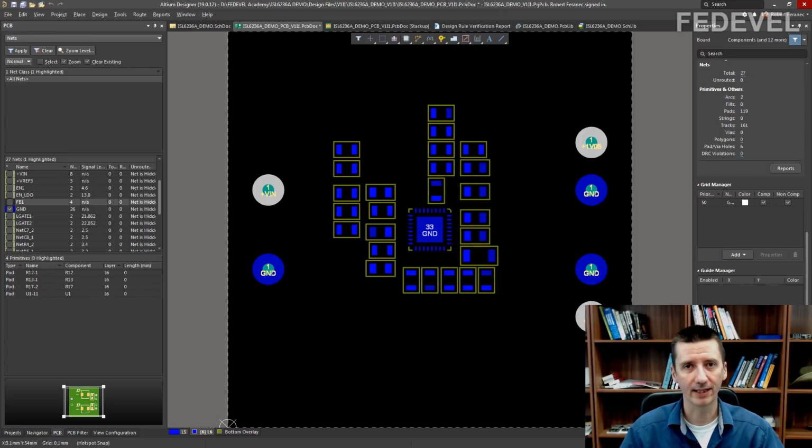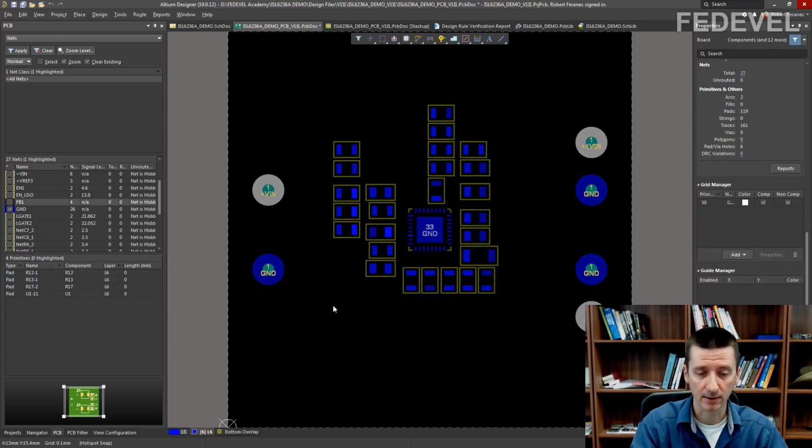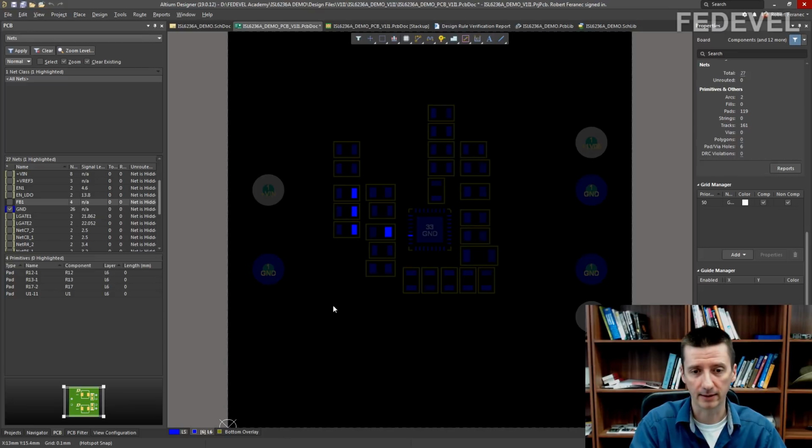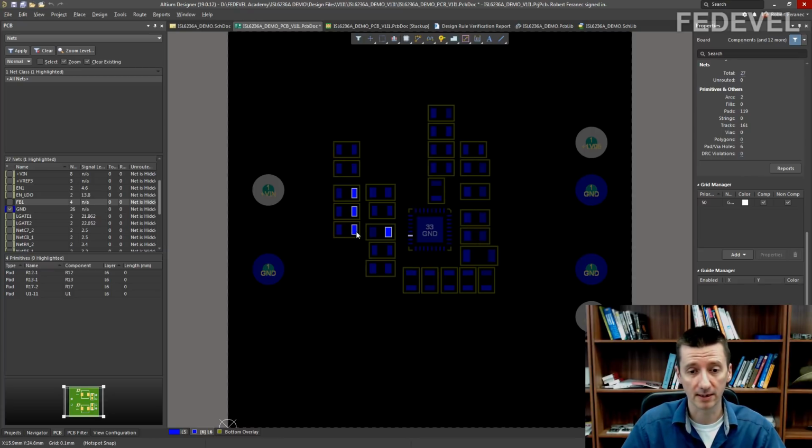During layout, I very often use this feature. Have a look. Hover the cursor over this path, press and hold Ctrl on your keyboard, and left click with your mouse. Now press the square brackets, and you can change the intensity, like this. And because we use Ctrl left click on this net, you can very nicely see which pins are connected together. And when you will be drawing the tracks, these pins still will be highlighted.